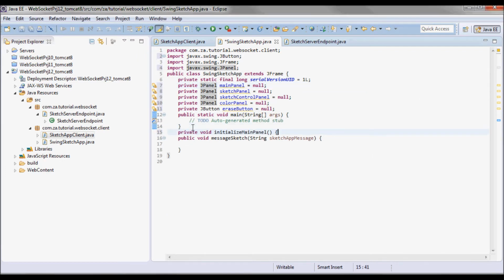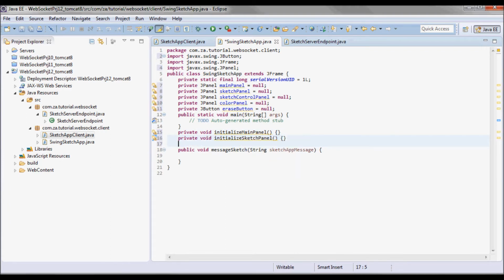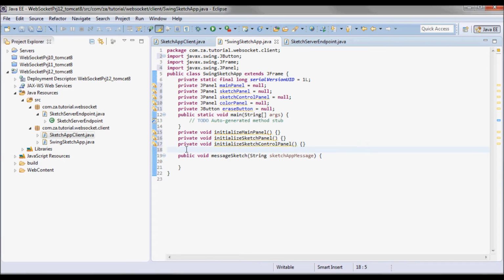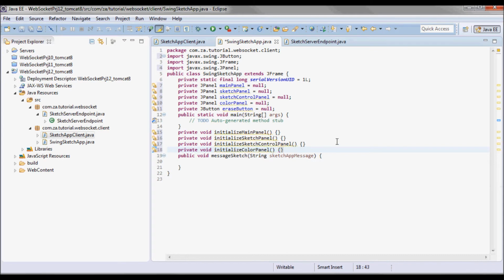So I'll need an initialize main panel method and an initialize sketch panel method, and also an initialize sketch control panel, and finally an initialize color panel.